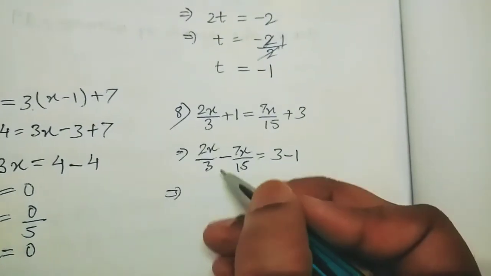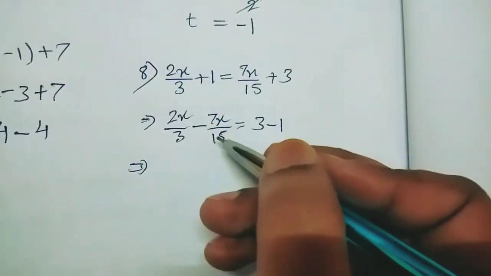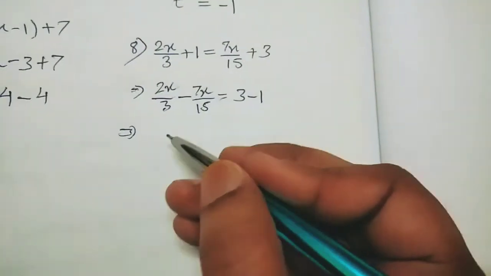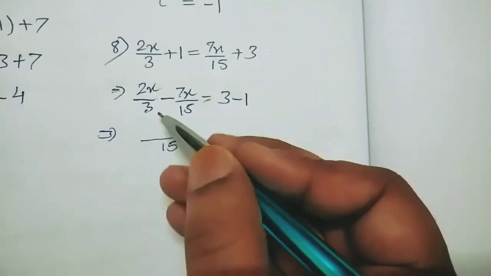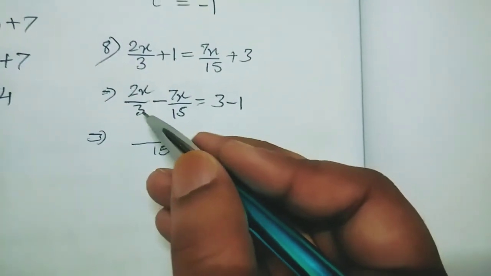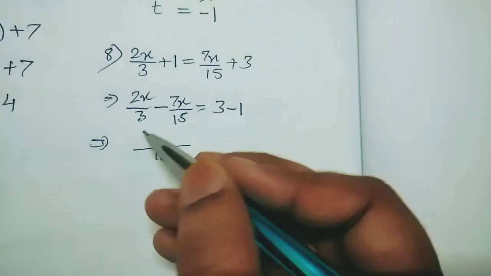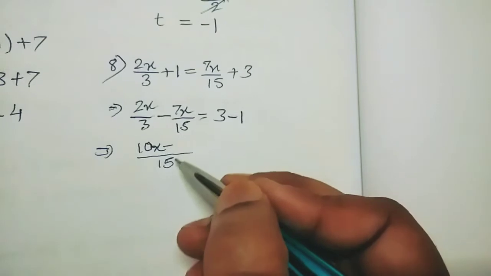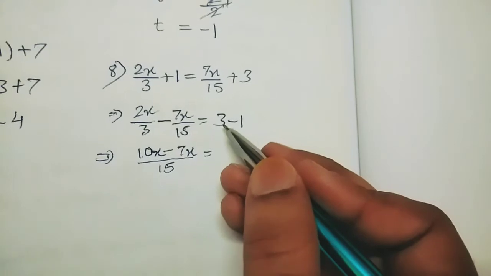Now you have to solve this fraction by taking the LCM. Fraction subtraction you have to do by taking the LCM. So what is the LCM of 3 and 15? It will be 15 only, right? So here 15. Remember these things always, okay? Because I told you every time you will be getting fraction addition, subtraction, every class. So now LCM 15, 3 divided by 15 is what? 5. 5 into 2x is 10x. Understanding? Now 15 divided by 15 is 1. 1 into 7x is 7x. So now 3 minus 1 is 2.